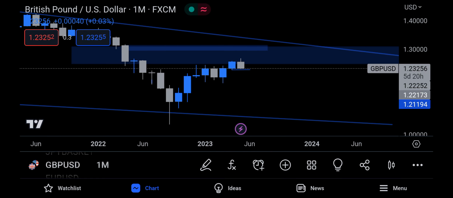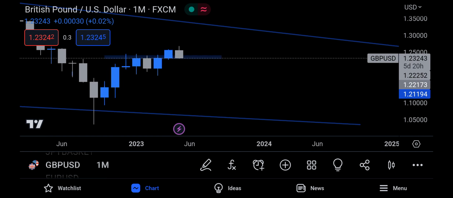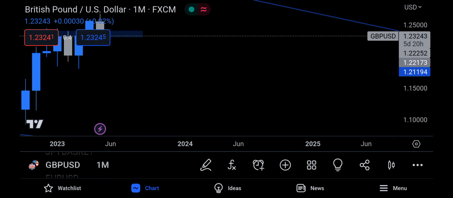So in this case, it broke above the resistance above here. Let me highlight it so that you see it very well. Here was serving as a level of a resistance, this zone here, before this candle finally broke above, and any moment we are testing it again. So there's a possibility of price